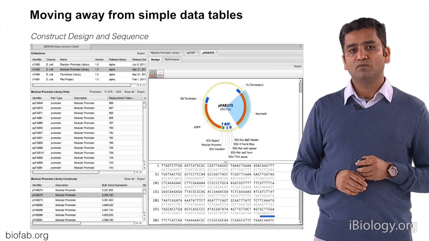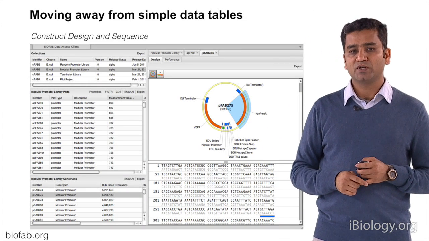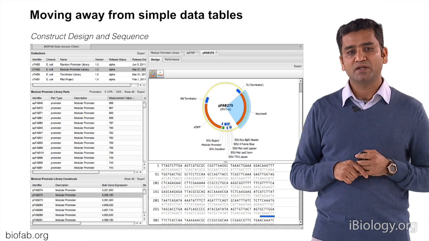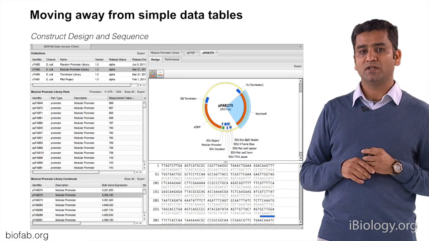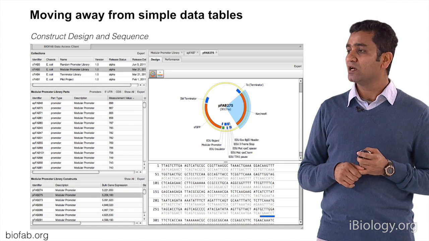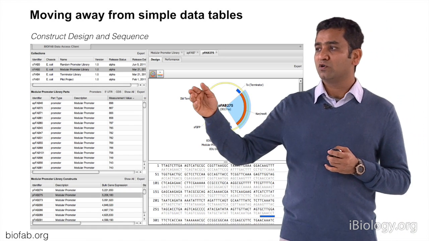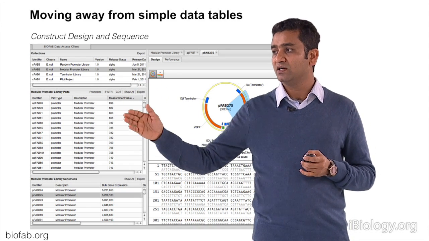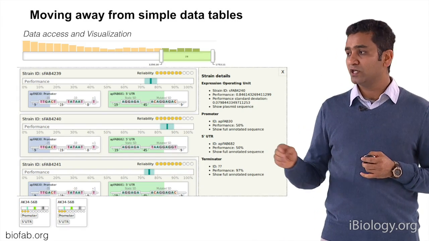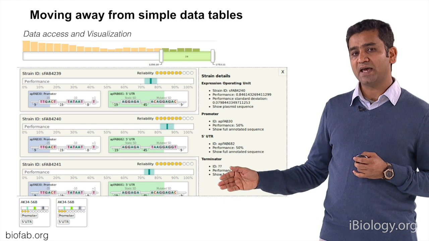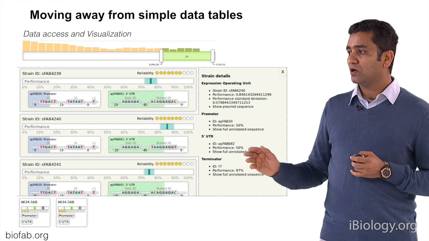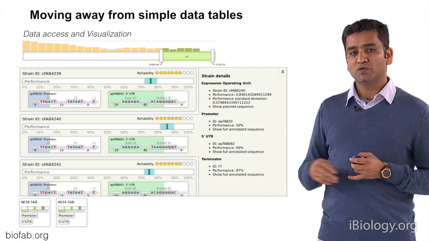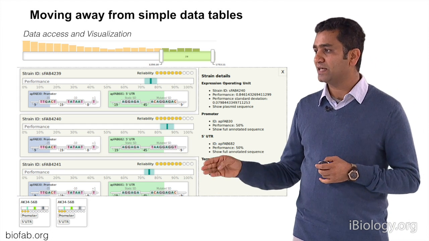We also need to move away from simple data tables. All the researchers still use Excel sheets to check the data or analyze the sequences and the data sets that they have. We need to move away from that to more design and sequence constructions where the design is explained and we have the data along with the designs. We also need more visualization. How do we really access the data and visualize the data? How are users going to use it and score it, with a more user friendly and nice experience for using the data?